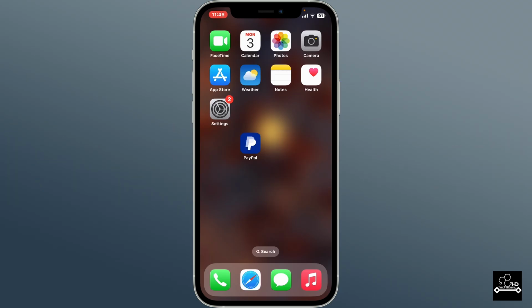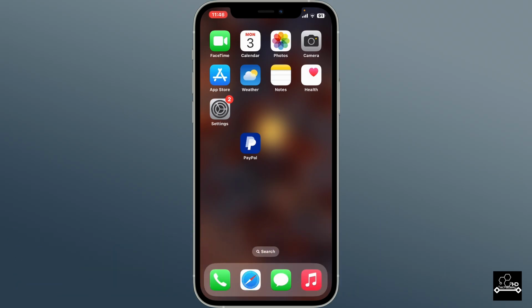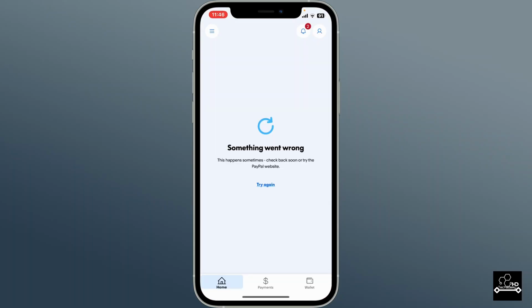Today in this episode, we will be learning how to log out of your PayPal application on your smartphone. Whether you are using your Android or iOS, this process will help you quickly log out of your PayPal app. First of all, open your PayPal application on your device and make sure that you're inside the